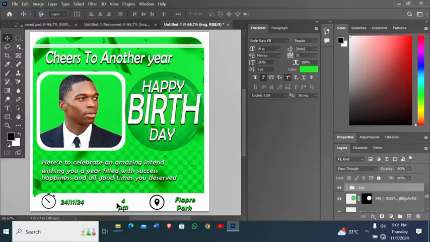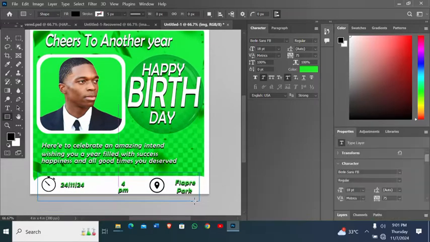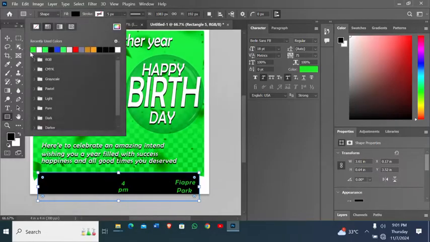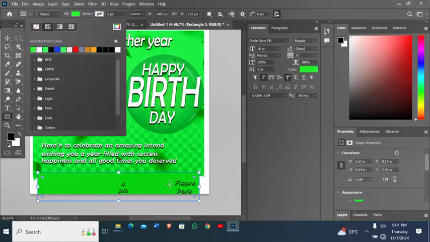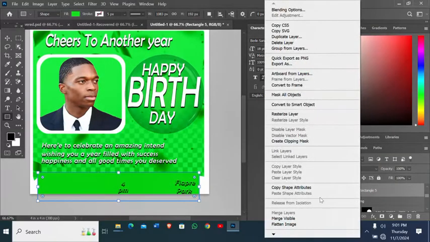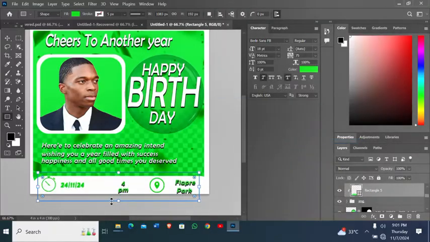And for me to get the green color on these images, I'm going to draw a rectangle to cover them and then select the filling color to be green, and after that I will create a clipping mask effect to produce the color for those images. So now you see we've been able to get the green color out of it. So the next thing is,